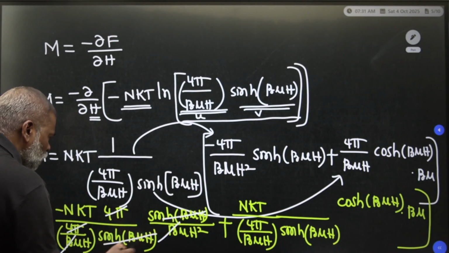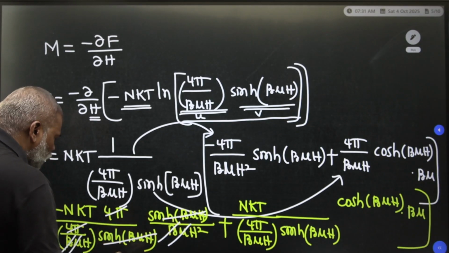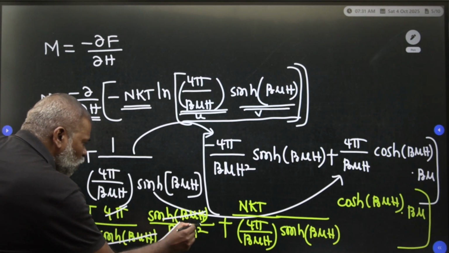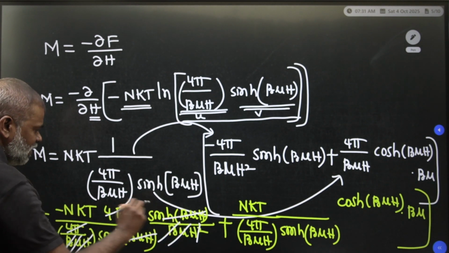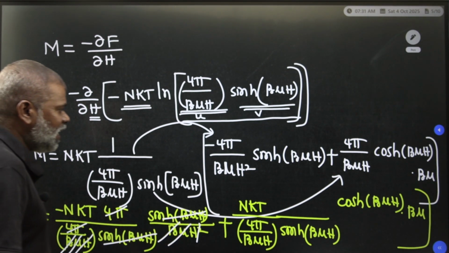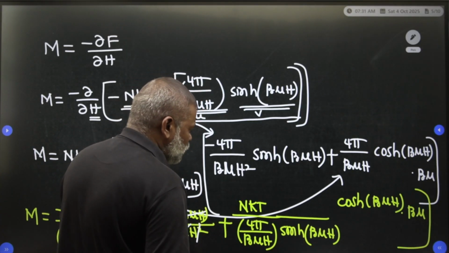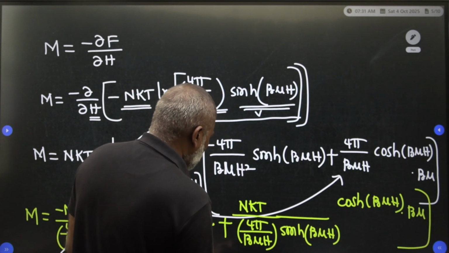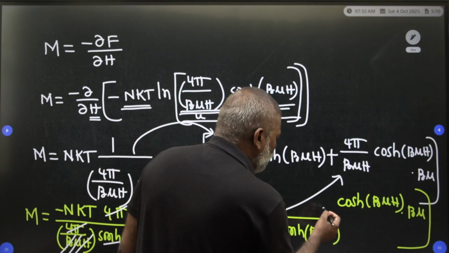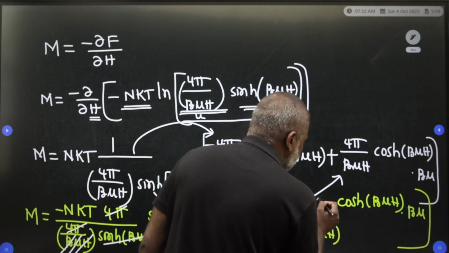1 beta, 1 beta, 1 mu, 1 mu, 1 h get cancelled. So therefore minus n kT divided by beta is there. Here also you have to substitute. So beta, what we have to do here? You are going to take it as 4 phi also, you have to multiply there.